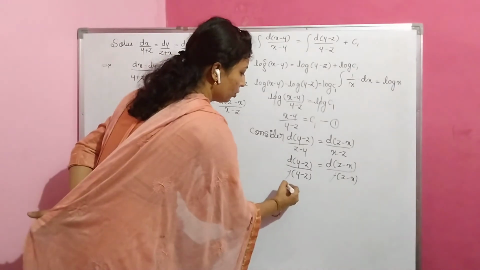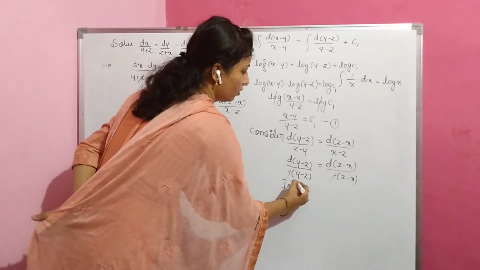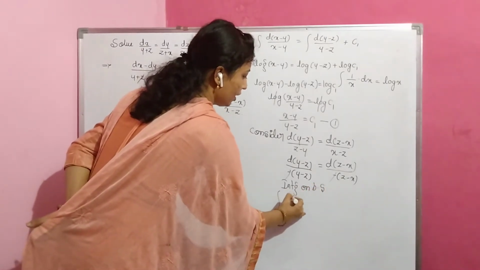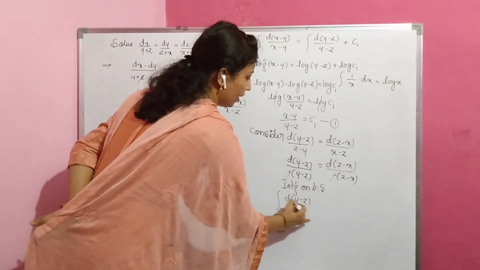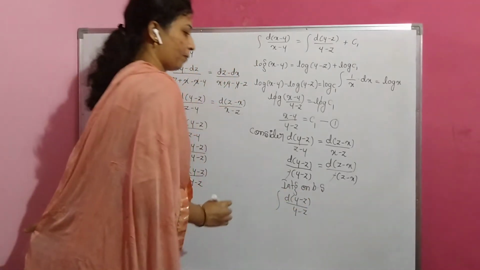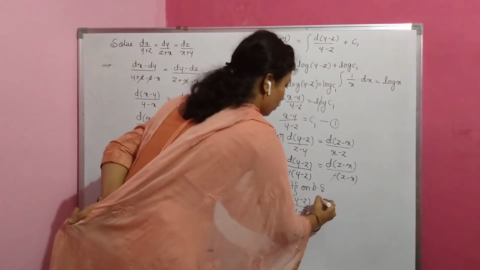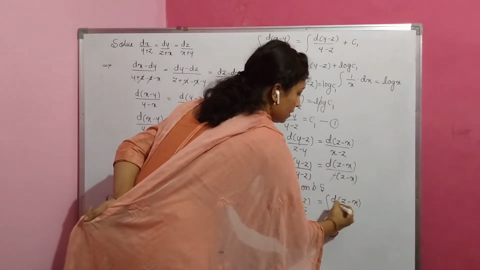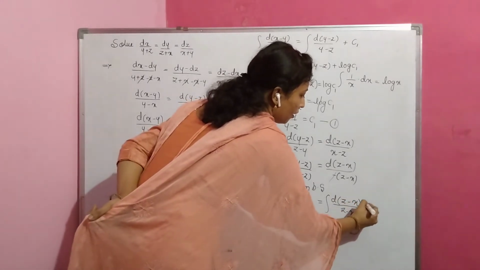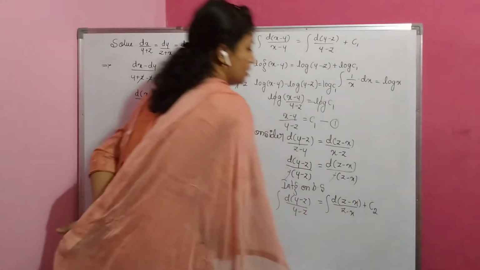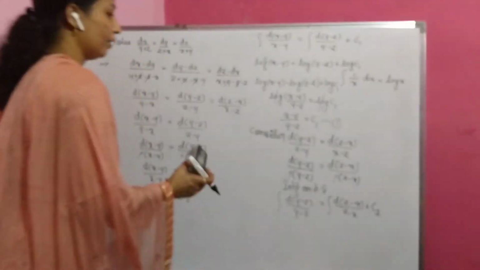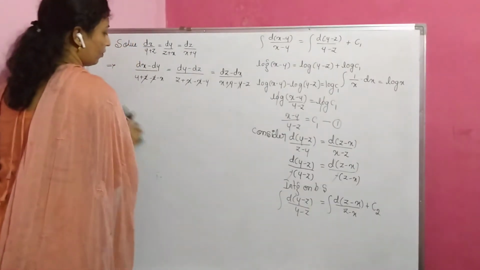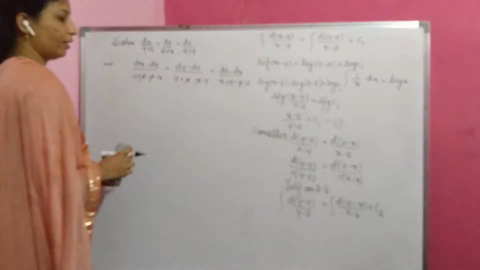So integrating on both sides, we have the integration of d of (y minus z) divided by (y minus z) is equal to the integration of d of (z minus x) divided by (z minus x) plus integral constant c2. Okay, then again on integrating, we get